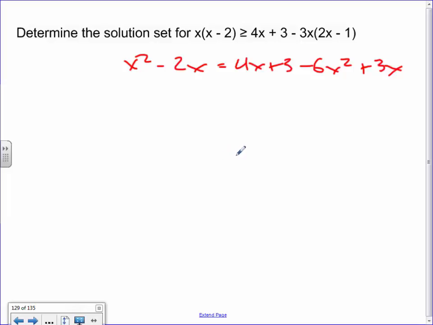Yeah, bring everything to one side. Not that there's a right answer, but I do have a preference myself. I like my leading coefficient positive always. It's just my nature. Which means when I look at this here, see how the negative 6x squared is on this side? That means for me, I'm bringing it all that way. You don't have to, but that's just my preference. It means I'm going to have 7x squared. Let's see, 4 and 3 is going to be 7. So when I bring 7 that way, it'll be negative 9x, I think. And when you bring the 3 that way, you'll have minus